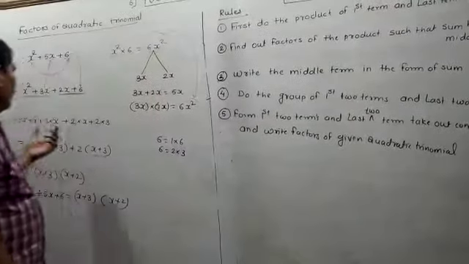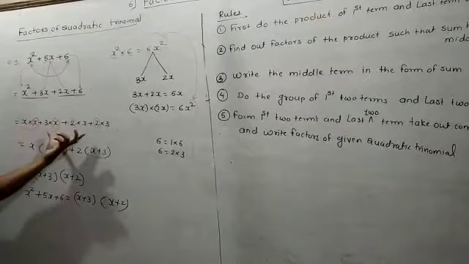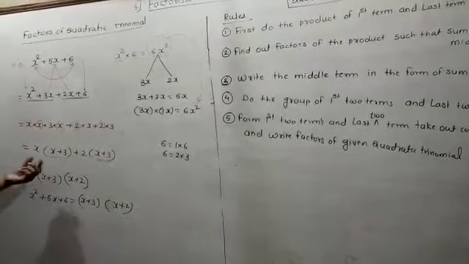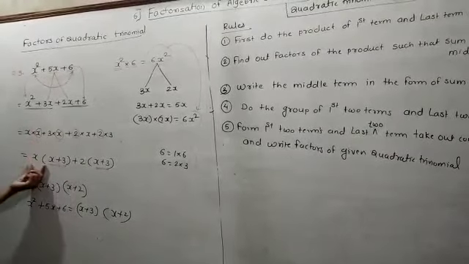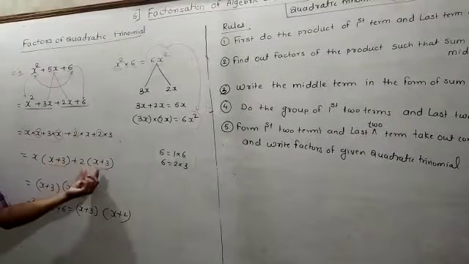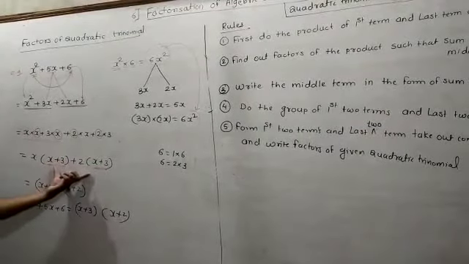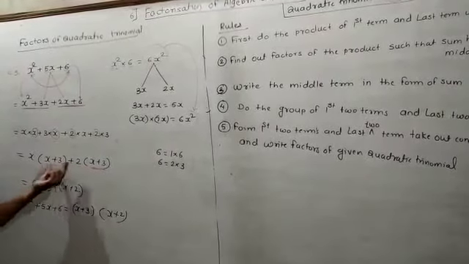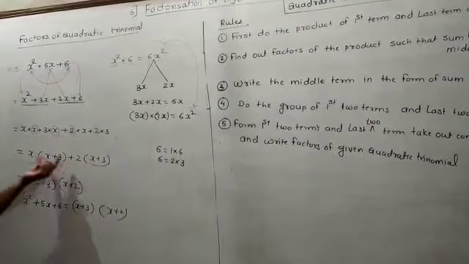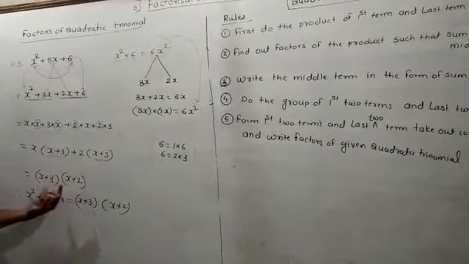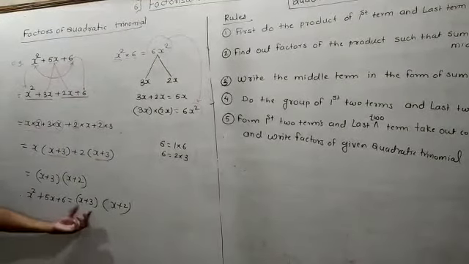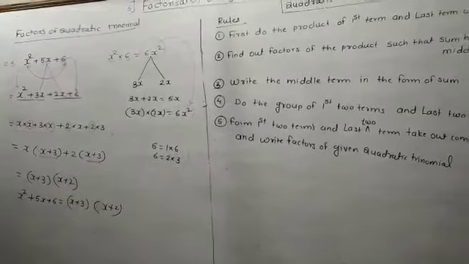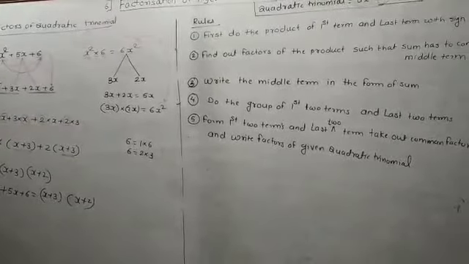And in between, you have to write the first two terms and the last two terms in the product form. You have to take out common in between the first two terms and common in between the last two terms. After that again, for the second step, you have to take out this bracket common. X plus 3 will come common. At that time, what is remain? X plus 2 you have to write, and from that you have to say that x plus 3 and x plus 2 are the factors of the given quadratic trinomial.